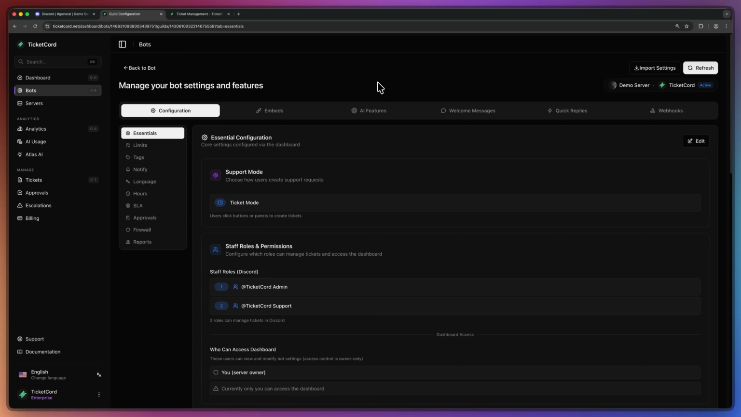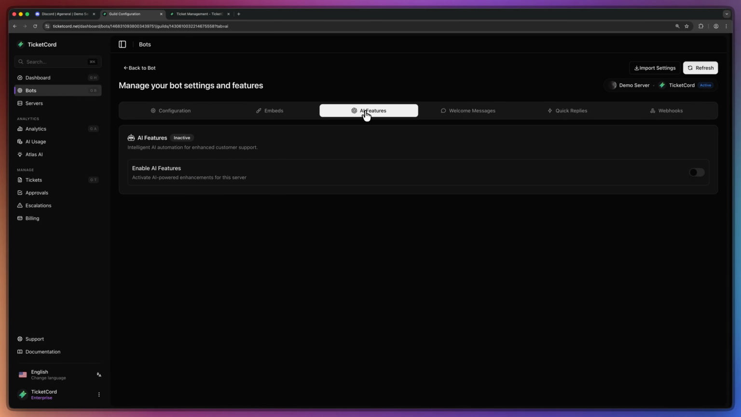But to begin with, we will head over to our website, TicketCord.net, and once you log in, you add a bot, add it to the server. You will need a Pro or Enterprise plan to access this feature. We'll head over to the AI Features tab. In this tab, we can enable the AI features,